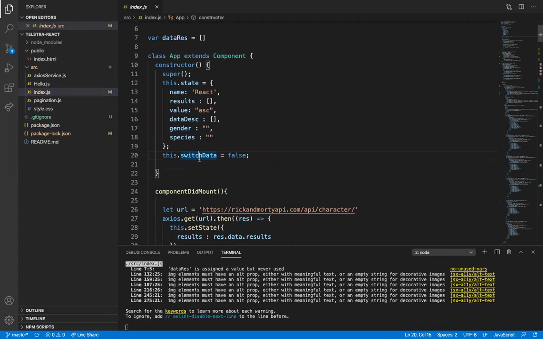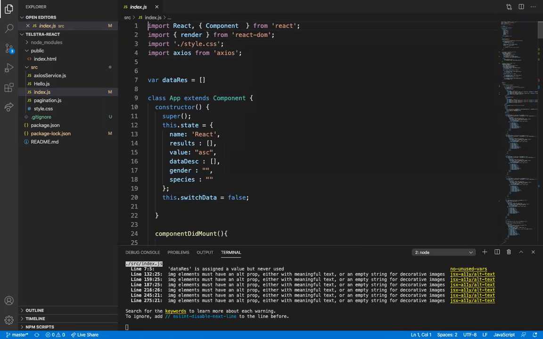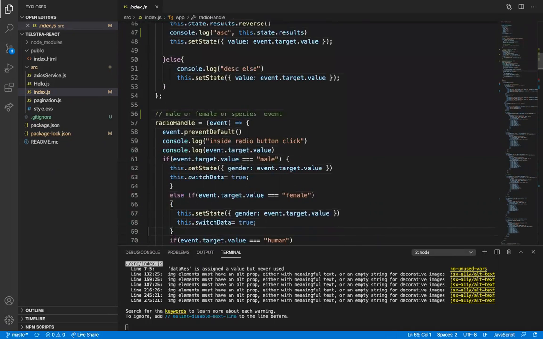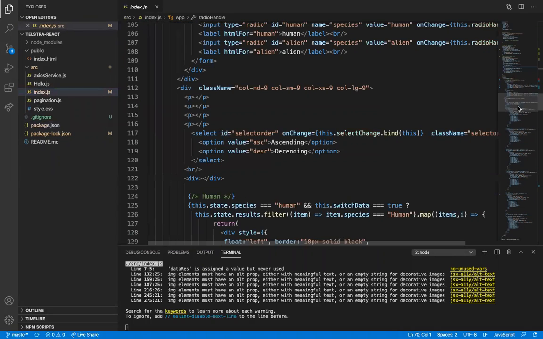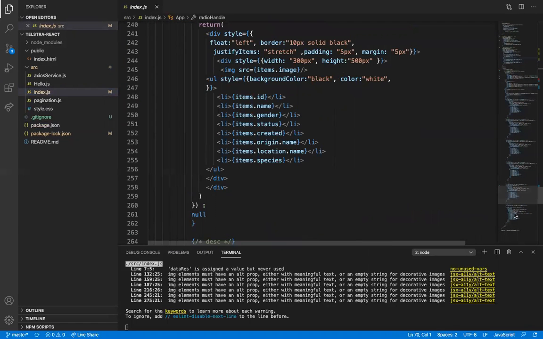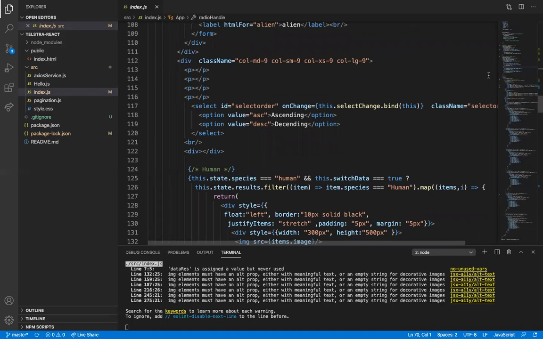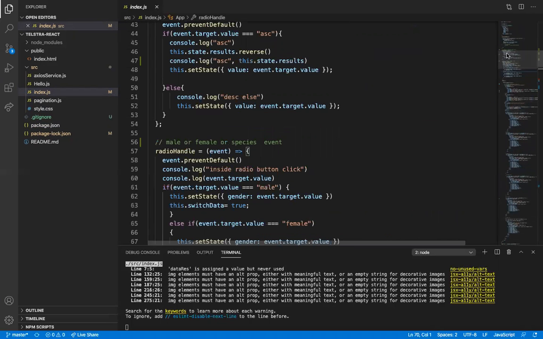In this index.js, we are going to get the component. Whatever the logic is, the total logic is here. In this index.js only, I have written the total logic.